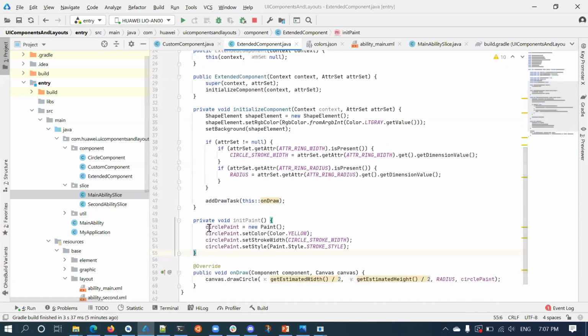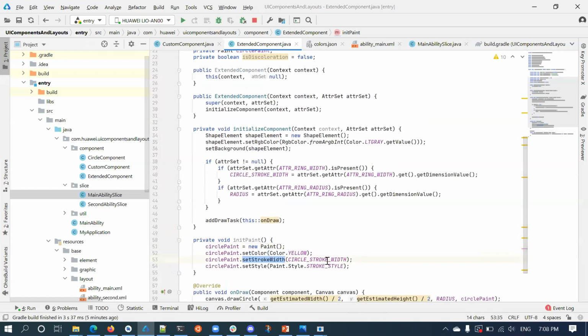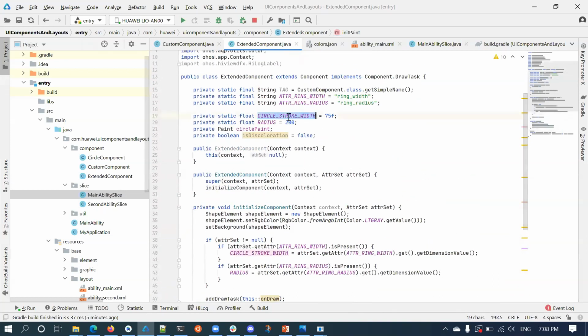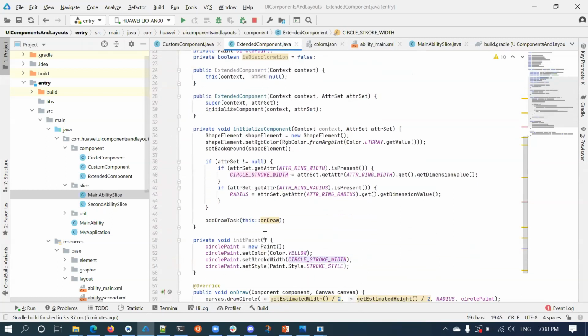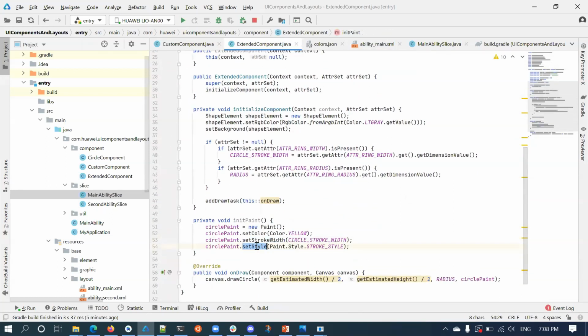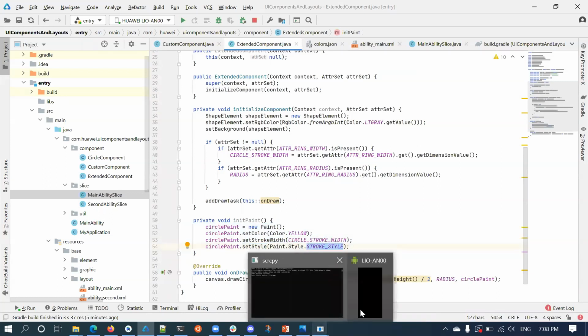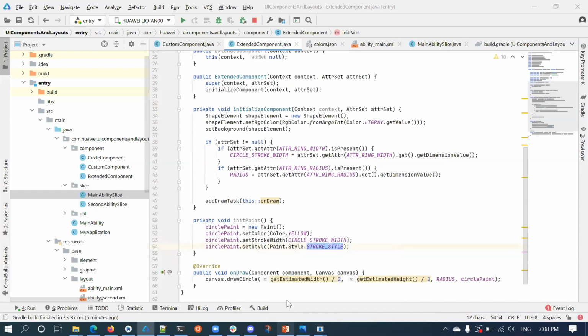You see here, I am initializing this paint object first, setting the paint color to yellow. In order to get the ring appearance, I am setting the stroke width, which I have set via XML, and we have provided a default value also. Finally, when you set the style to stroke, it will draw this ring type of circle.